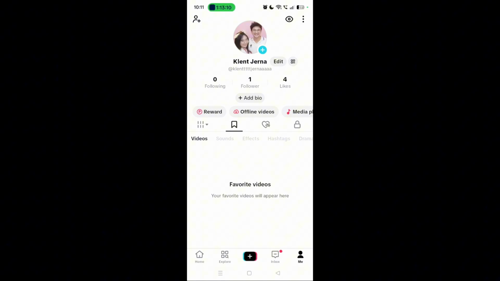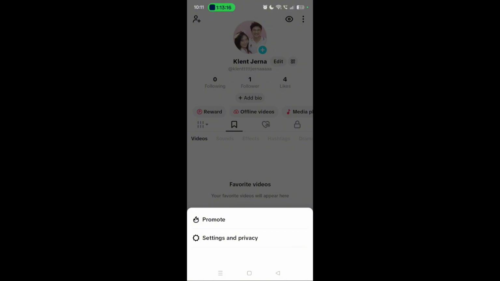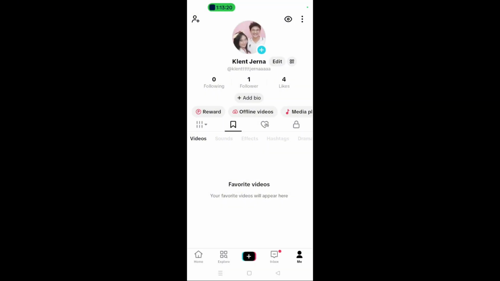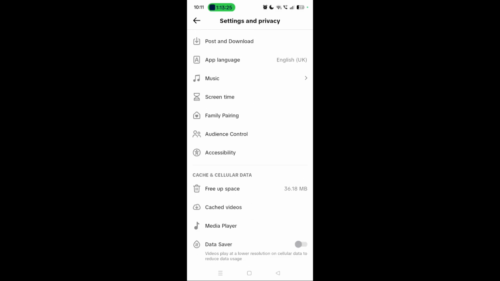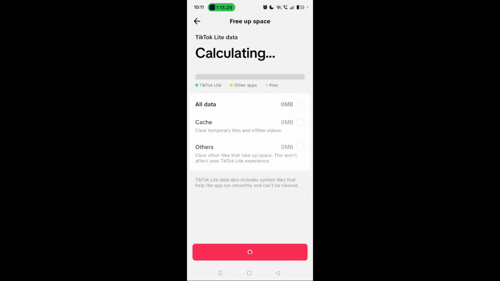Or you can click on the three dots on the top right corner. After clicking on the three dots, click on settings and privacy. After pressing settings and privacy, you can go down and press on free up space. You'll see cache right here. You can just clear that up.